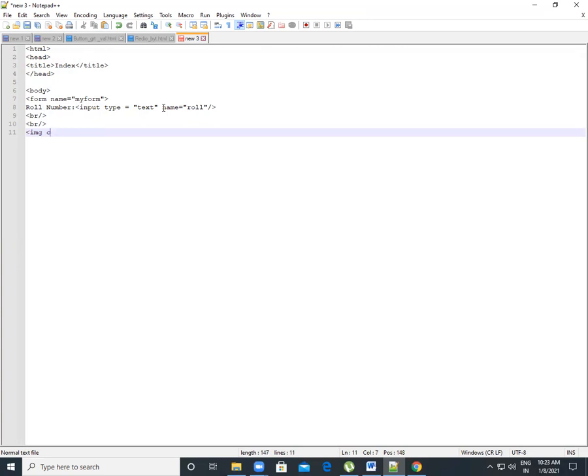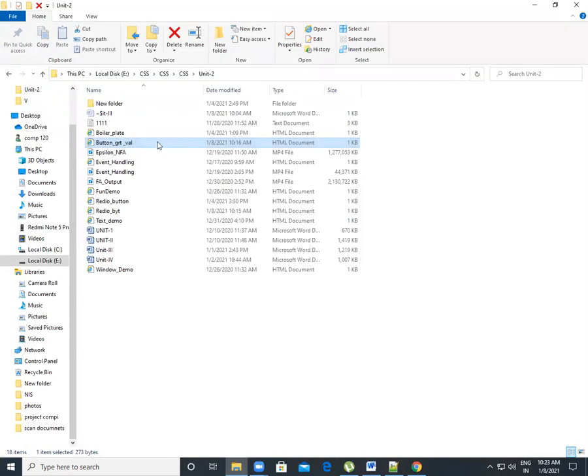For the image, we give img and then src, the source, where we store our image. For that, we give our image source file. We store this image in a folder on our computer. Here I store my image.